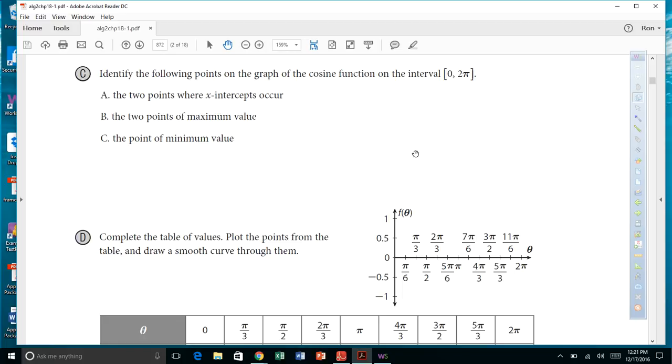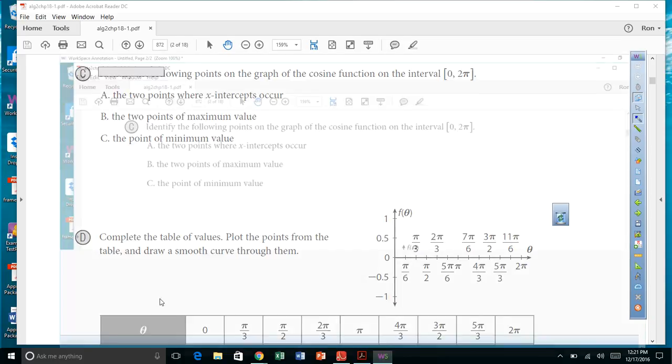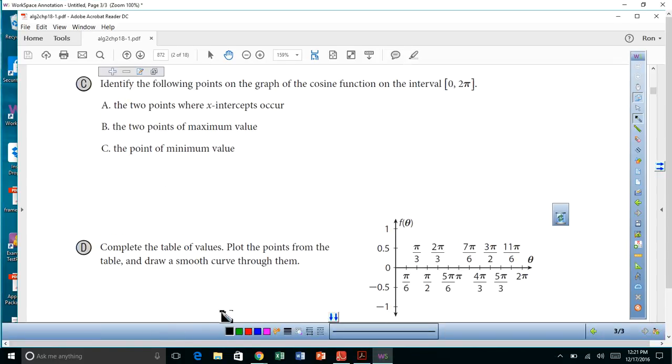The 2 points where the x-intercepts occur are going to be pi over 2 and 0, and 3 pi over 2 and 0. All right. The 2 points of maximum value, that's going to be 0, 1,